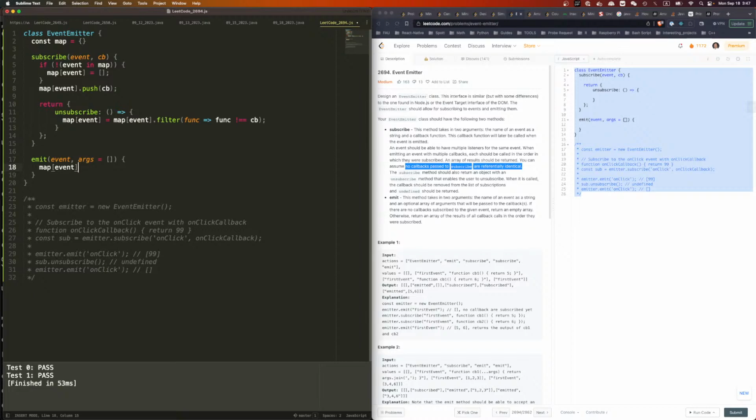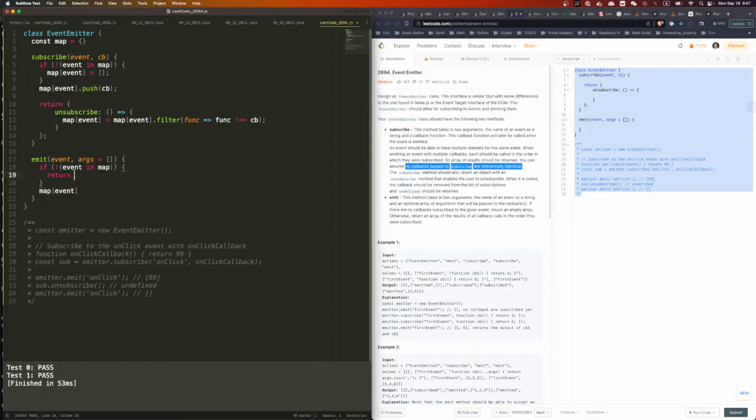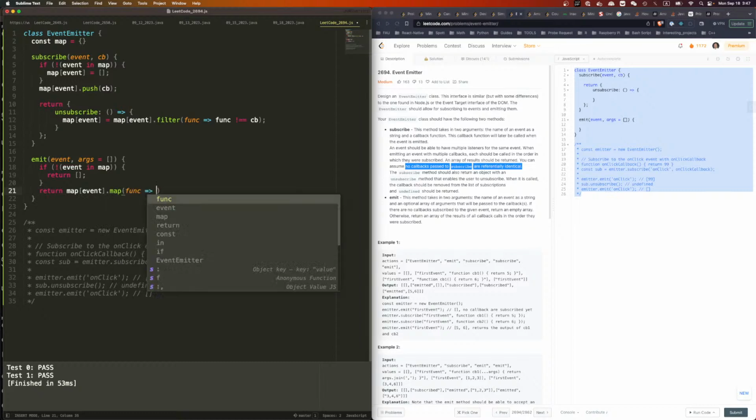What if it has not been assigned yet? No callback subscribed, return an empty array. So if the event is not in map, then we just return an empty array. Otherwise, return this dot map a function